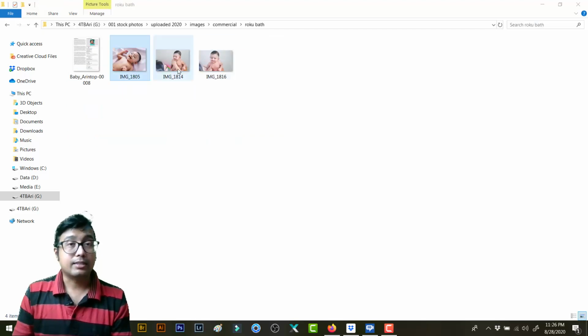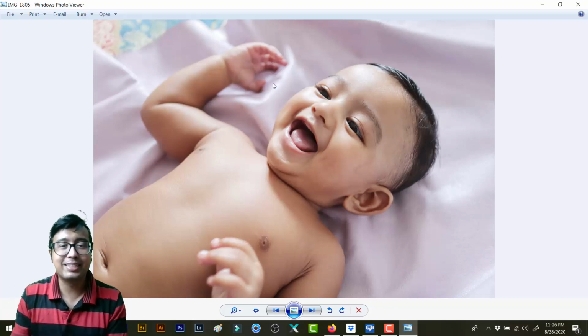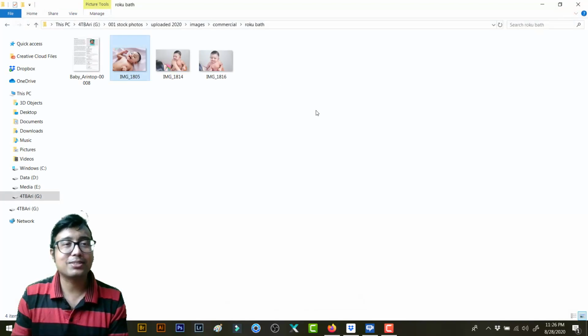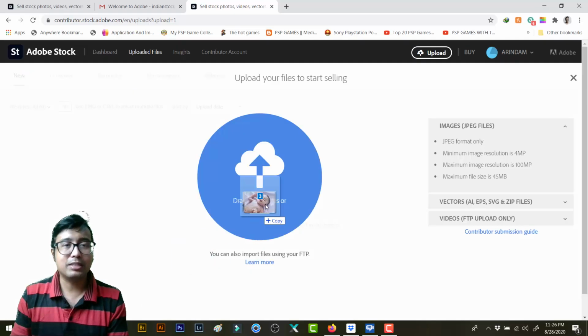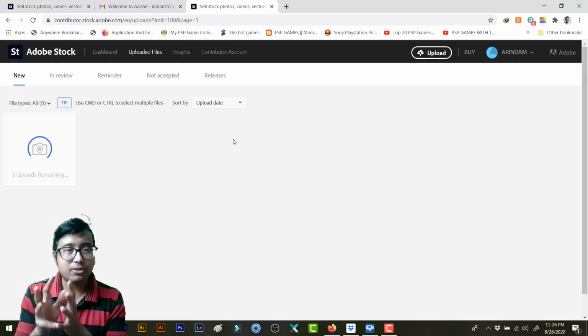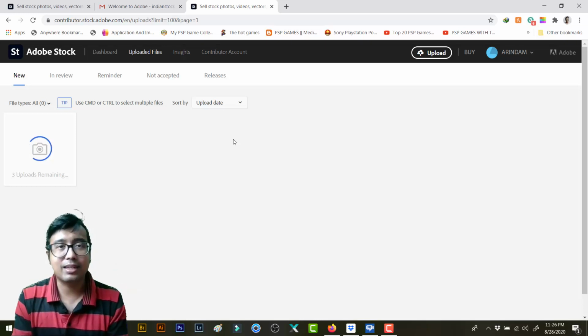Yes, I told you best images. My son's images are the best ones for me. This little master is enjoying so much in his bathroom while taking a bath. I will just drag and drop them over here. Now we need to wait for some time till all the 3 images are loaded.